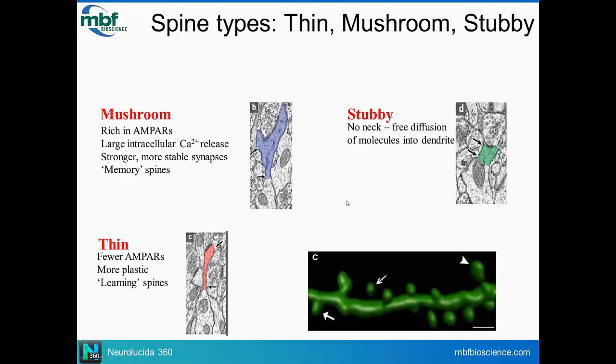And then there's the stubby spine, which again has no neck to it. It's just a protrusion coming from the dendrite, and it has a free diffusion of molecules. And the function of the stubby spine is still debated in the field. There have been changes in stubby spines with stress, with depression, but again, it's still not 100% known the true function